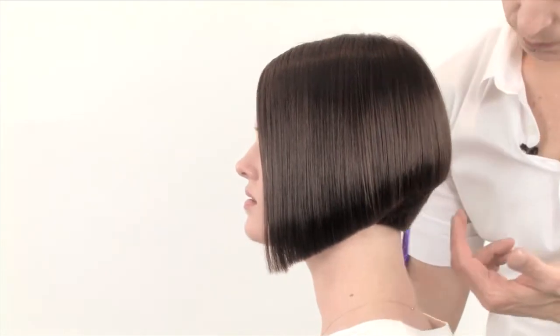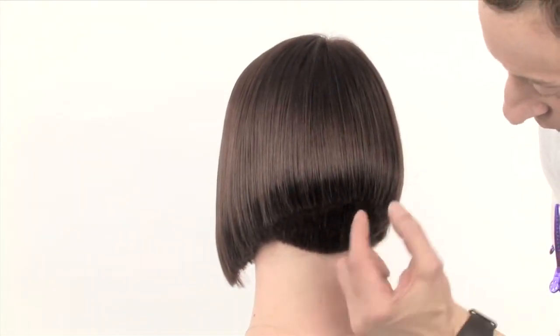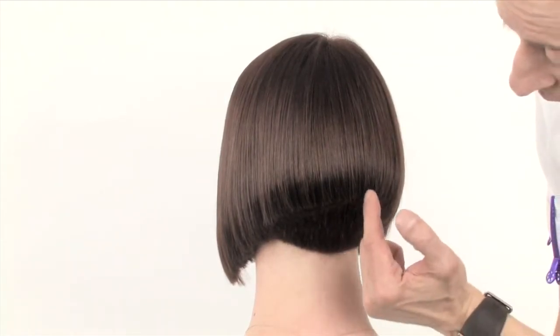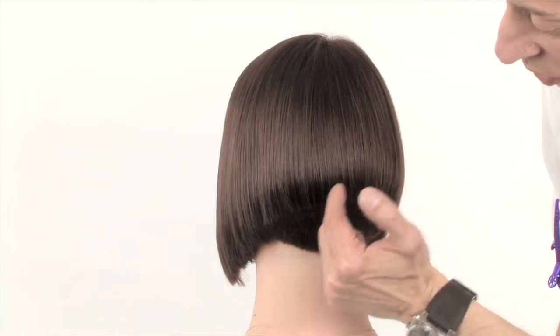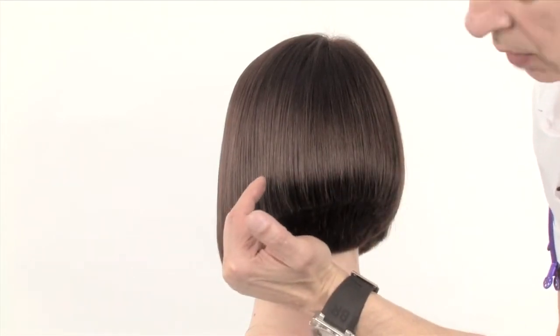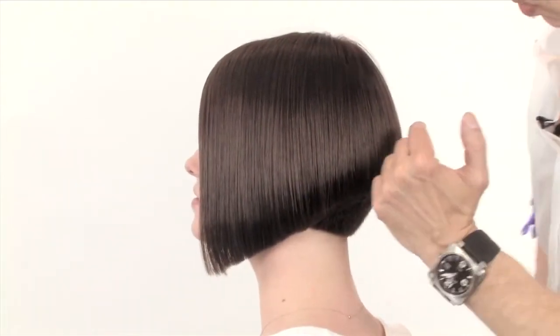I started with my sections. Vertical, small section right under the occipital bone. I started to pivot my sections, one section slightly higher than the other, until I came out horizontal. The next thing I did is I took my sections all the way across,